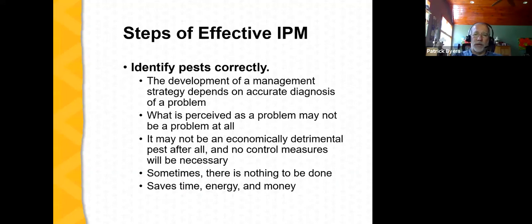Sometimes what we see as a problem is not a problem at all. It may just be a natural appearance of the plant at some point in its life cycle. And there may be situations where what appears to be a pest really isn't a pest. Maybe an incidental issue that we can address by reaching up and removing it with our hand, and we don't need to take any additional control measures. Sometimes there's really nothing to be done. For example, in the case of virus infections, the management may be just removal of that plant. And proper identification is really important from the standpoint of economic sustainability because it saves time, energy, and especially money.